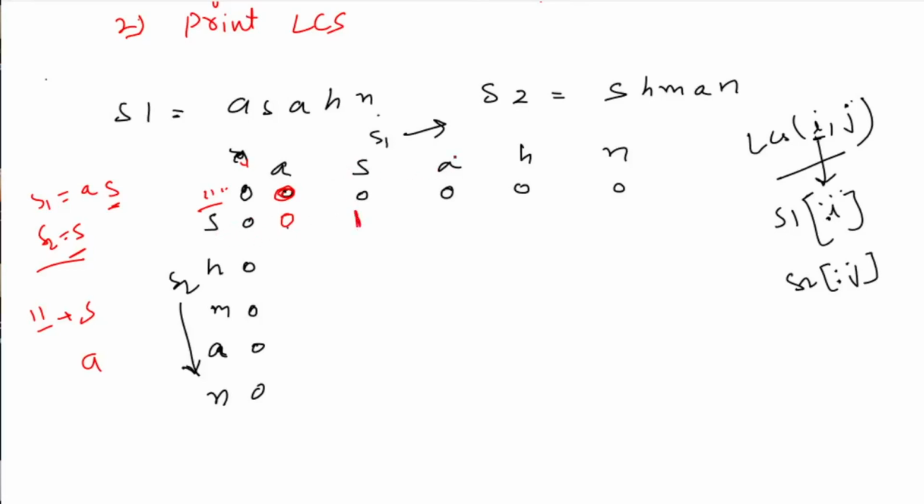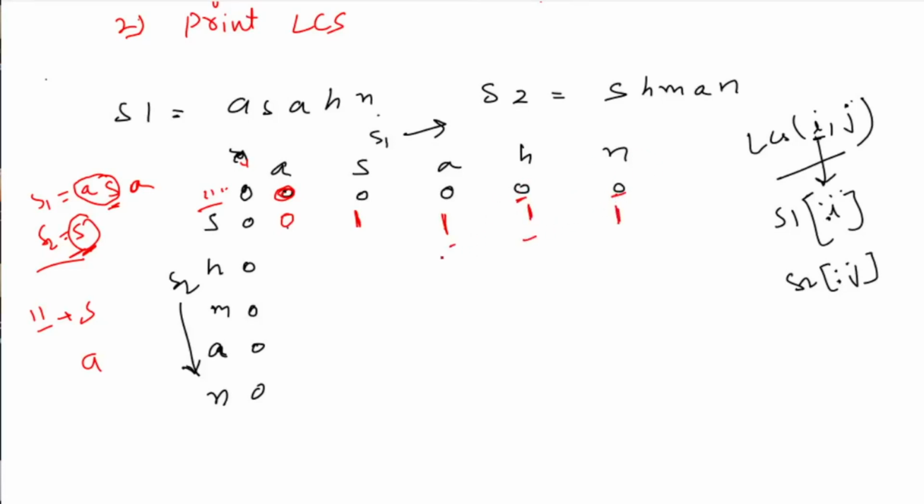So we'll add A to s1. Now you can see that A and S are not equal, but initially we knew the length of the longest common subsequence for AS and S. So even if they are not equal, we can use these as our prefixes for the longest common subsequence. So we'll take the maximum of them, and for S and H they are not equal, then again we'll take the maximum of this and this, and again they are not equal, so we'll take the maximum of this and this.